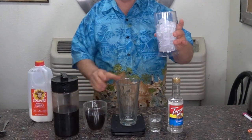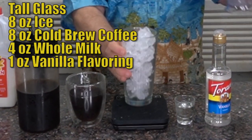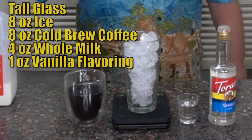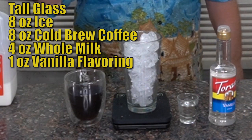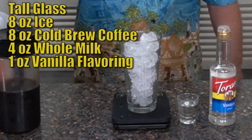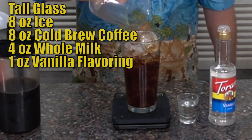I am Thomas, and today I am going to show you how to make an iced vanilla latte at home without an espresso machine. So we start with 8 ounces or 1 cup of ice. Then instead of using fresh espresso, we're using a very strong cold brew. I made it with espresso coffee. 8 ounces or 1 cup of cold brew coffee,